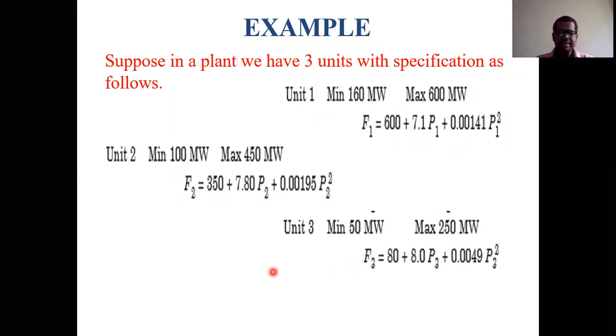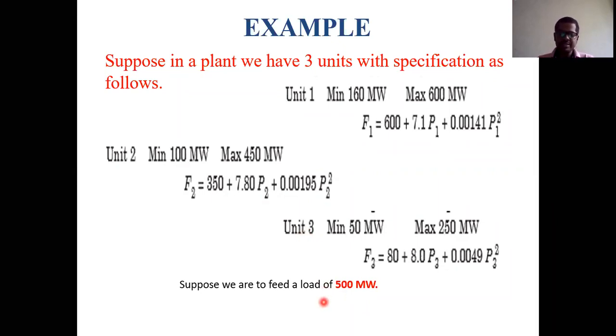And one more given data is load equals 500 megawatts. Load is equal to 500 megawatts, means demand is equal to 500 megawatts. So by combining all these 3 generators, definitely we must meet this 500 megawatts. So here 3 units are there, 3 generators are there. Using the 3 generators, we must meet this 500 megawatts.